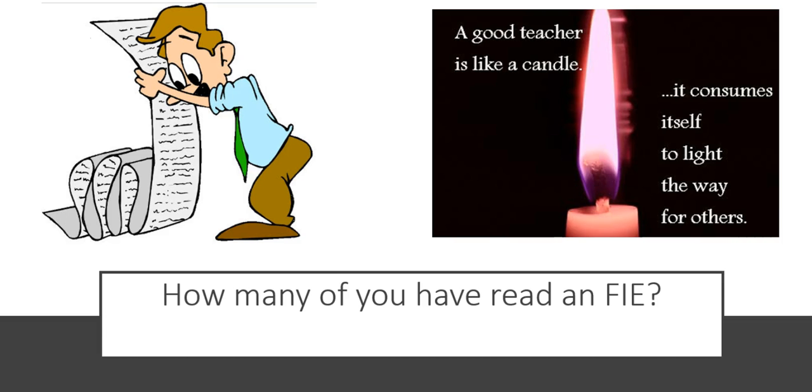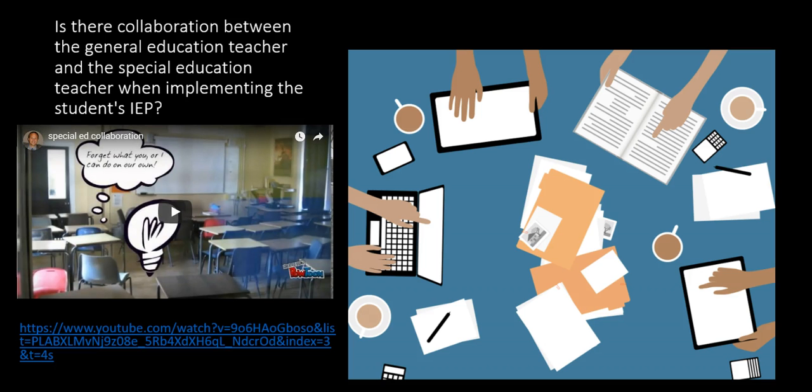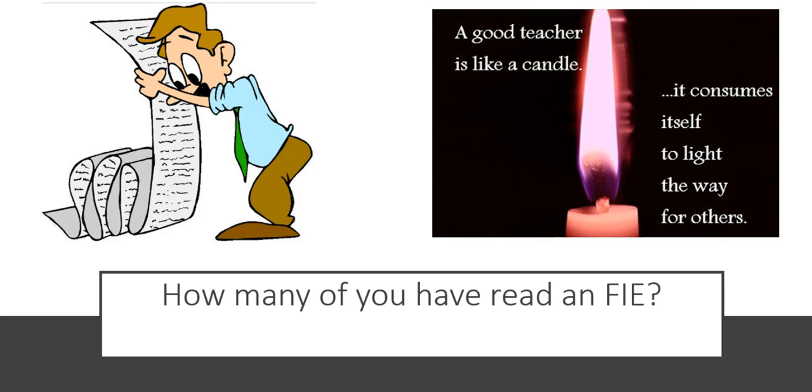So we talk about how to read an FIE. Participants were given a redacted copy of a real FIE that was written in March. And we went through and had an activity where they were able to go through and pull out pieces of the FIE. So they were asked to find the student's sociological status. They were asked to find something interesting about the student. They were asked to find the student's number of referrals. They were asked to find the sources of data and so on, so that it would get them kind of